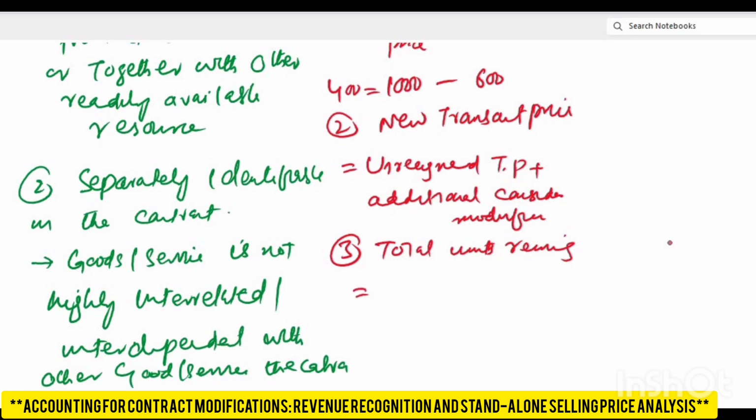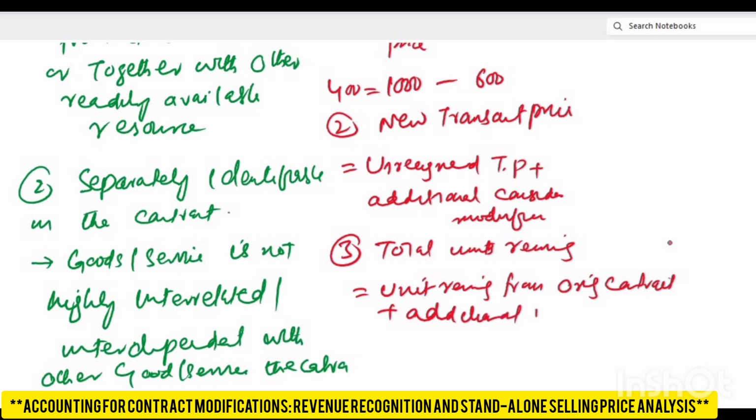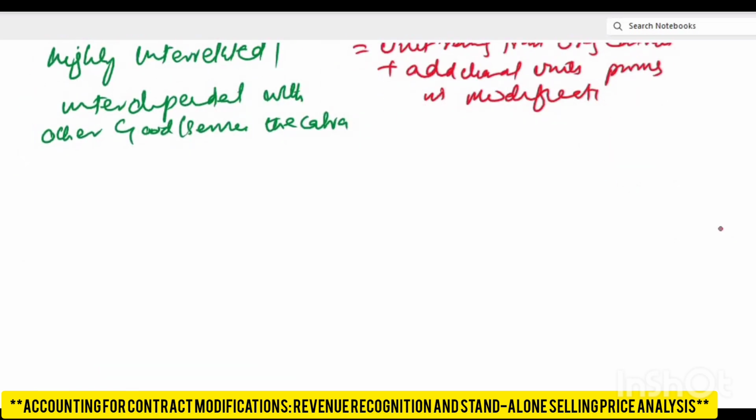This will be equal to the units remaining from original contract, plus additional unit promised after modification. Clear? Then at the end step number 4 will be revise